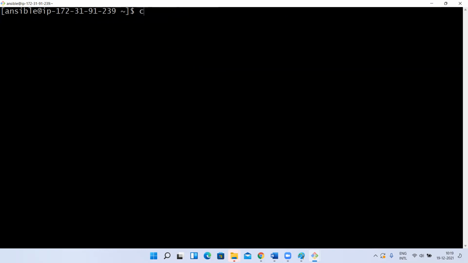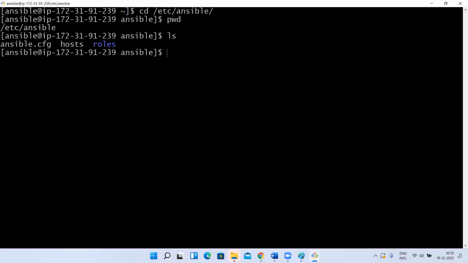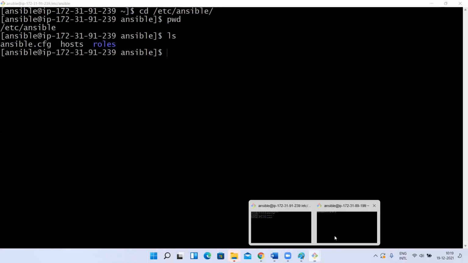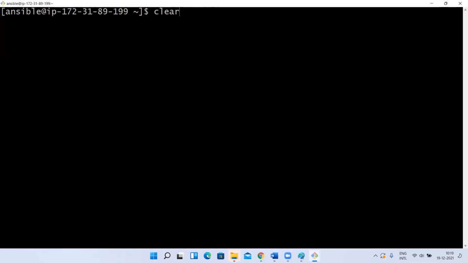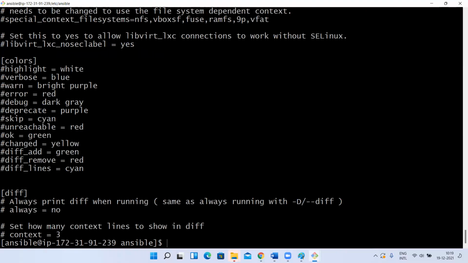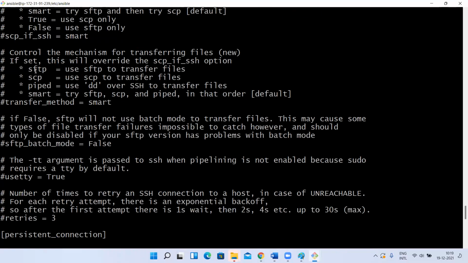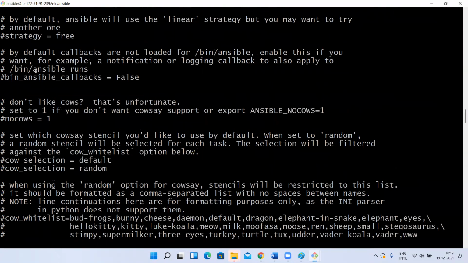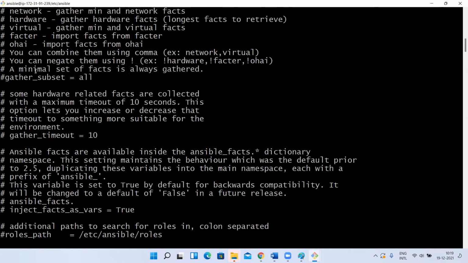Right here, if we type cd /etc/ansible, here, this is the home directory of your Jenkins. So only on master we installed Ansible. So only here it will be there. So this is nothing but the config file for your Ansible. That is going to be the config file. So all the configurations related to Ansible will be here. Ansible.cfg. For example, if you see here, so many configurations will be there. We'll see one day somewhere here.